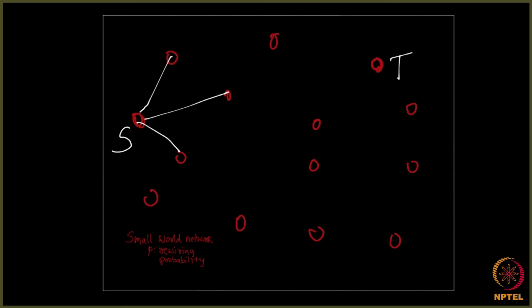So how does a small world network look like? It will have a lot of edges to its immediate neighbors geographically. Look at this. This is a city, and the closer the vertices, the more the possibility of edges. But then here and there, I do put edges to further away nodes too. Okay. Now what I will do is,